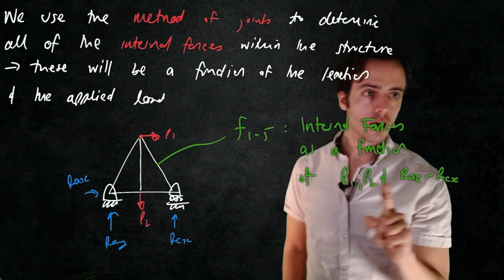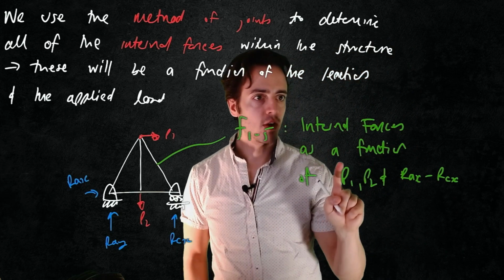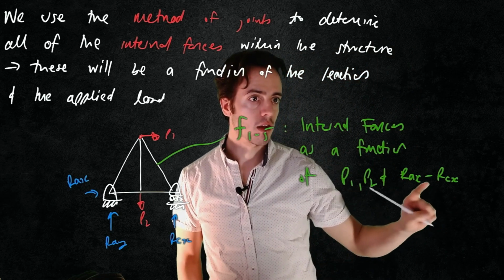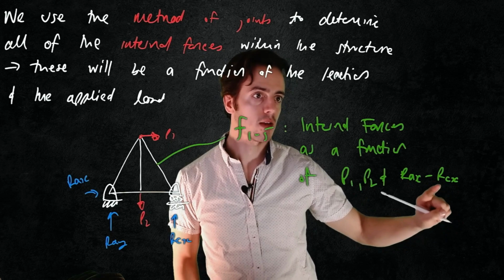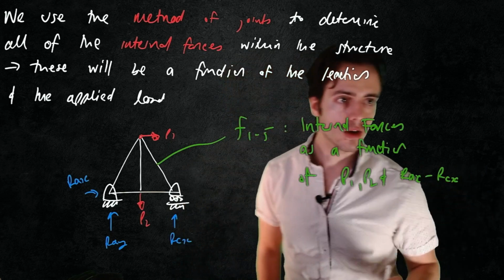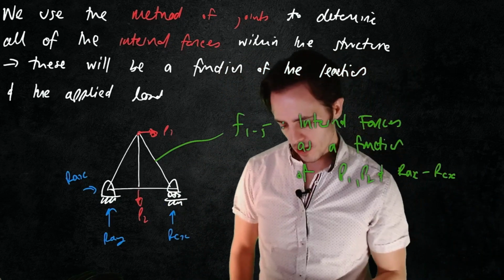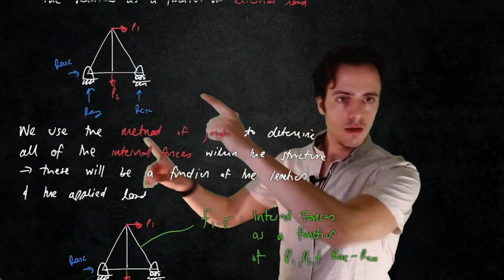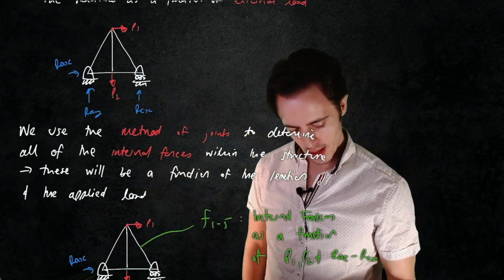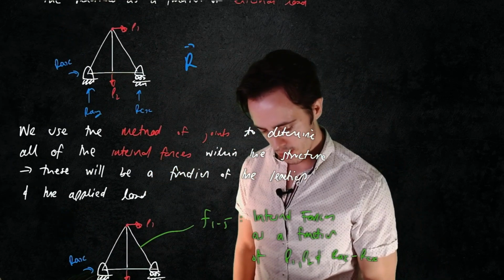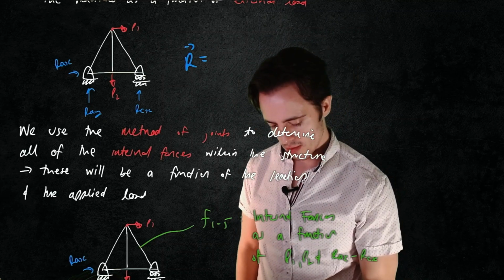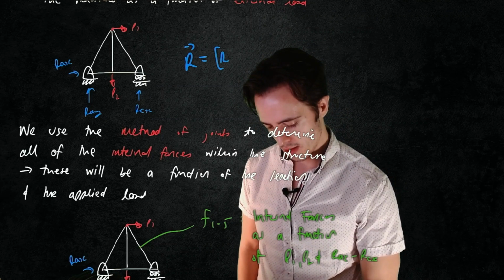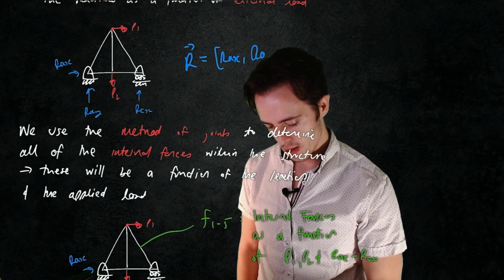And I've just said it's a function of internal forces, a function of the loading, P1 and P2, and the reaction. So RAX through RCX there. So there's also RAY included here. So this is just a bunch of equations. So again, free body diagram gives us, and let's write this down, we get the reactions, which for us would just be a vector. We'll say that's RAX, RAY,